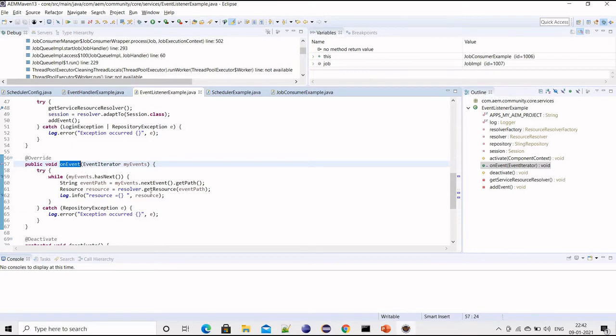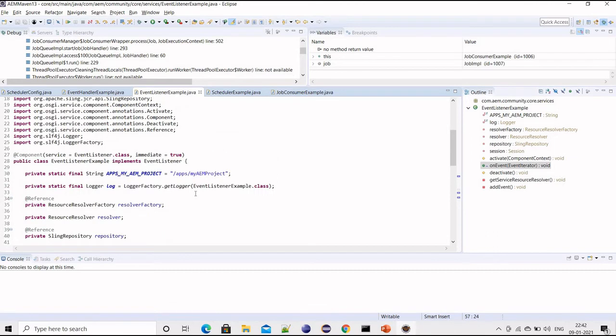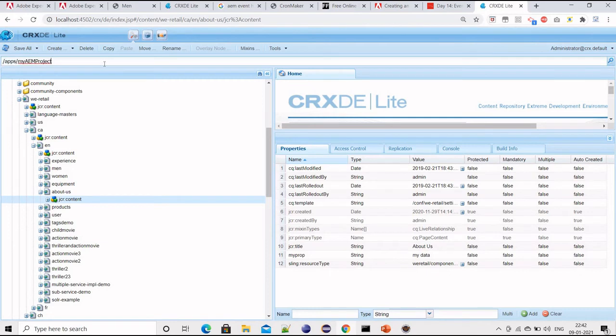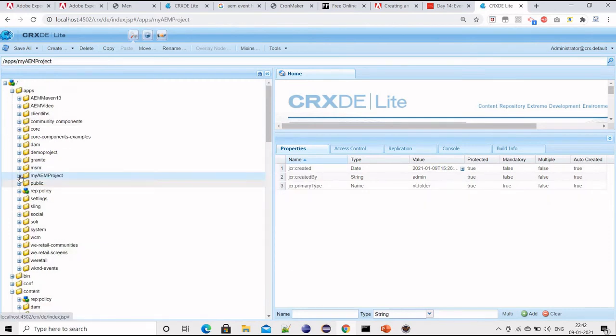Okay, so let's do something. I have already deployed this code to my AEM server. Now I will go to this path, apps my AEM project. So this is my path, and maybe I will add something here.